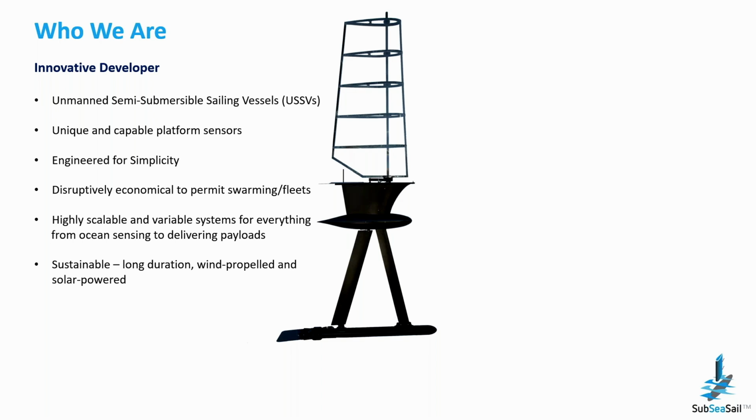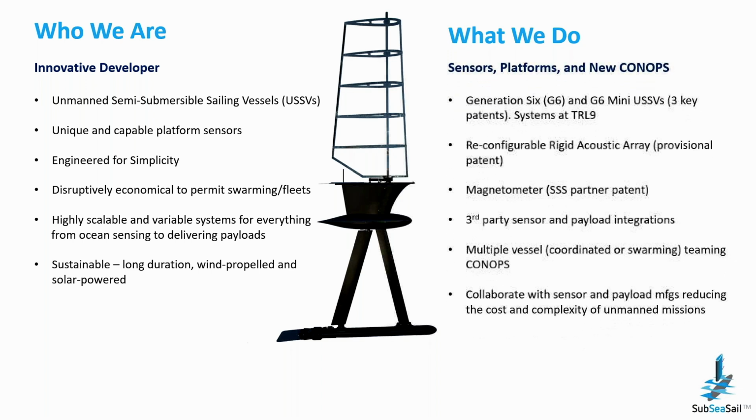I like to tell people that we have 3 key platform patents, and from those we can develop a multitude of systems in terms of size, scale, and complexity. We're also highly sustainable, long duration, wind propelled, and solar powered. So what we do, we have the Generation 6, or Gen 6, system, which is at TRL 9, based on the fact that we have the Army Corps of Engineers using the system successfully for underwater unexploded ordnance detection